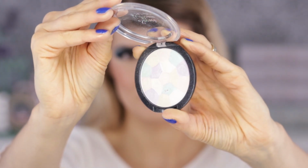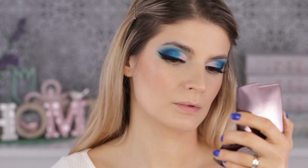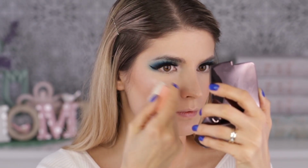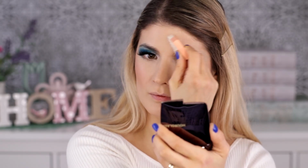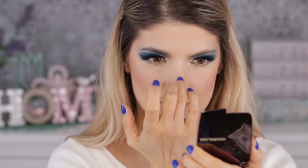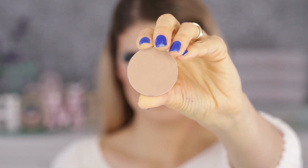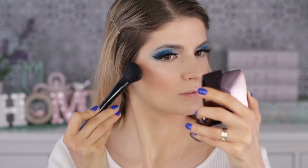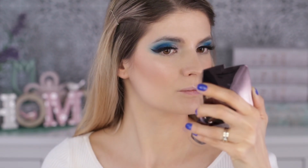And then I'm moving on to the highlighter, which is a holographic one. It has a bit of a bluish tone in it, a bit of a pink tone, and also silver. I love this effect. It's also very pigmented. It doesn't look like that in the pen, but it is, believe me. I went a bit overboard, which I don't do, but it's an Instagrammy look for YouTube, so I had to apply a bit heavily, but I took off most of it because too much is too much